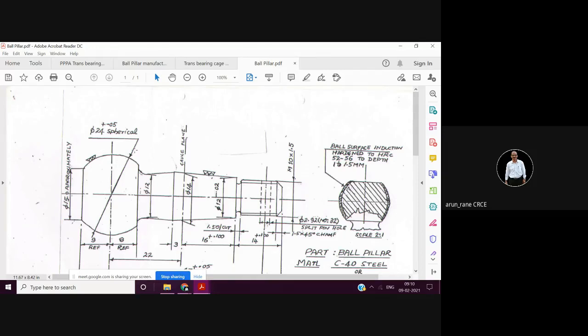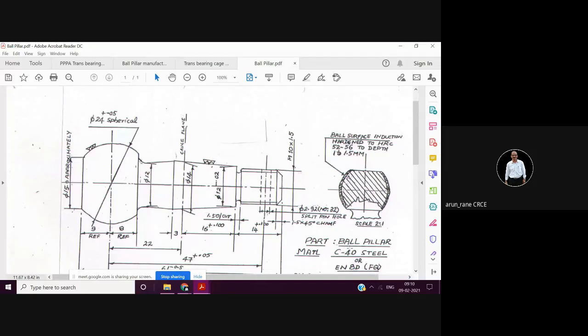Suppose for example this ball pillar, if the quantity required is only two pieces or one piece, then definitely you will go for round bar, and in round bar you will look for C40 material or EN8 material, or EN8D material, which is available in the market. This is a little higher than EN8.